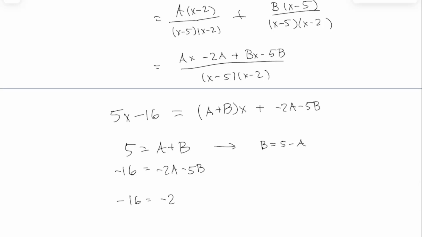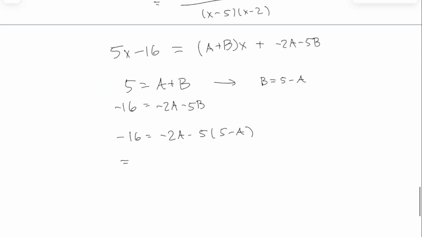Negative 16 is negative 2a minus 5 times 5 minus a. And if we do the algebra here, minus 2a, this is minus 10 plus a. Add the 10 to the left side, it's negative 6, and on the right side is negative a. So a is 6. Is that right? I got 3. Yeah, on my paper it says 3. What did I do wrong? You didn't distribute the 5. Yes, I didn't distribute the 5, thanks. 10 plus 5a, like so, right? So this is minus, not minus a, it's